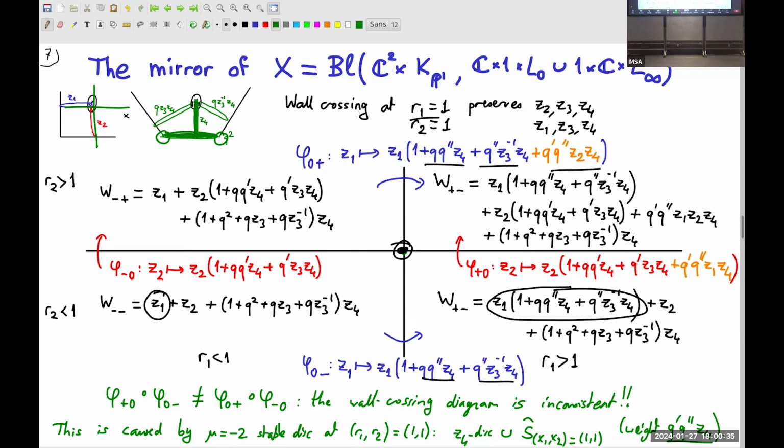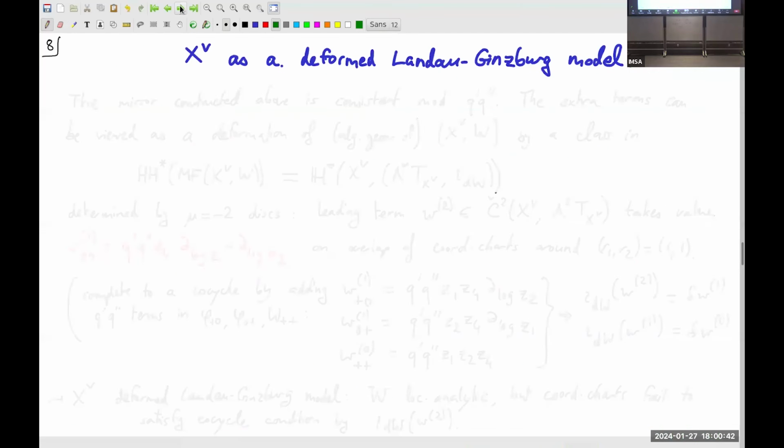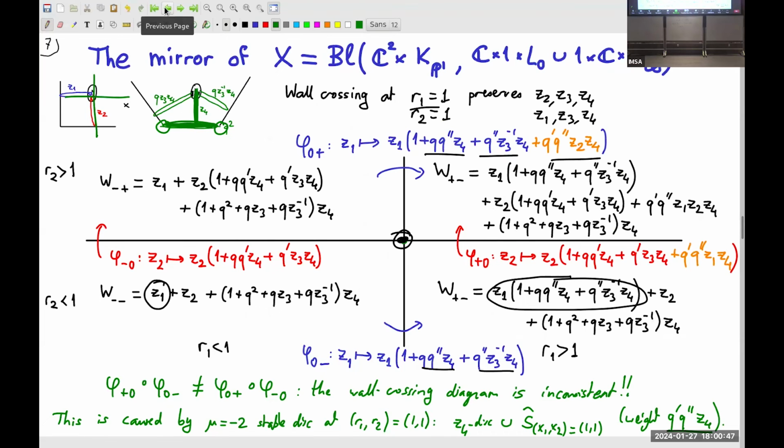Okay, so how does this Maslov -2 disk pose problems with consistency? Right, I didn't explain it. Okay, so